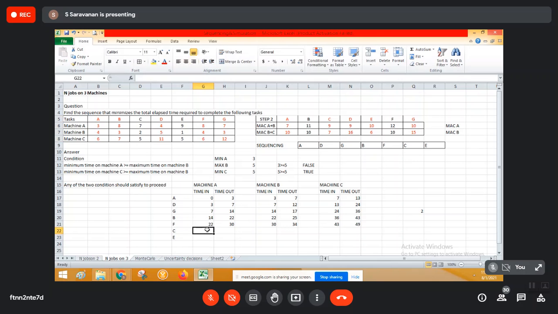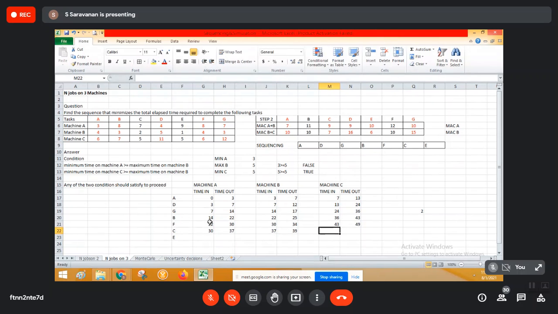Okay, so we have to take C. So 30, the job enters. C, it is taking 7 minutes. So 37. Okay, you see here you cannot take 34 because the machine A is processing up to 37 minutes. So 37 is the processing time which enters into machine B. So 37 plus what we are doing C. C is 2 minutes. So 39. Right.